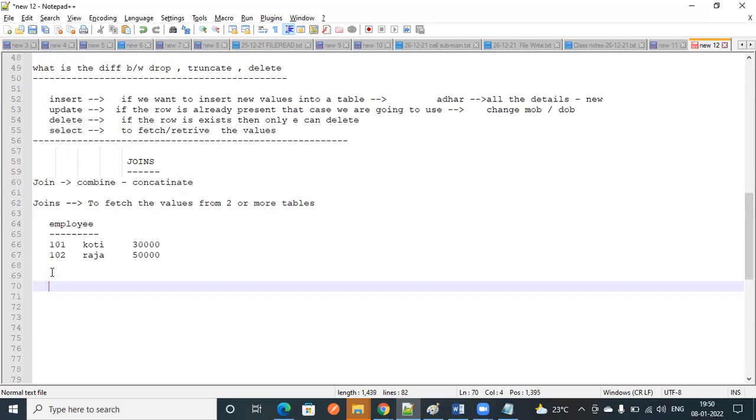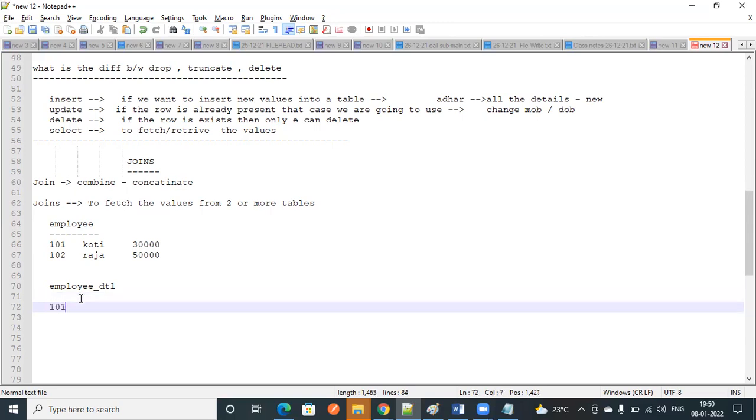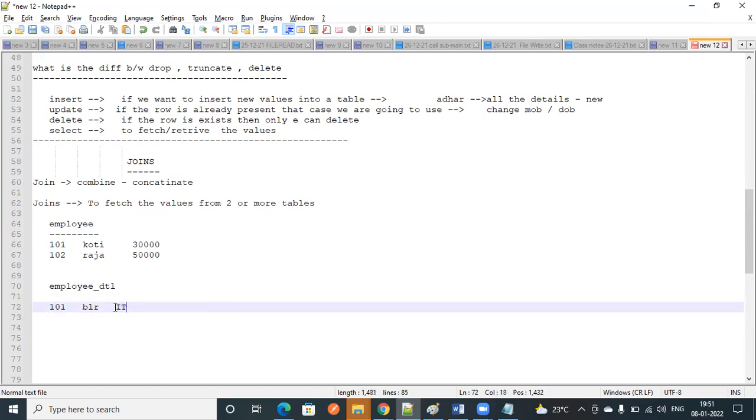There is another table, employee details. Here employee ID is there, there is an address and department.